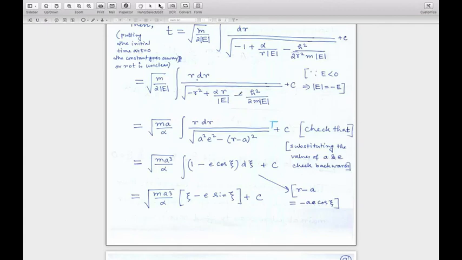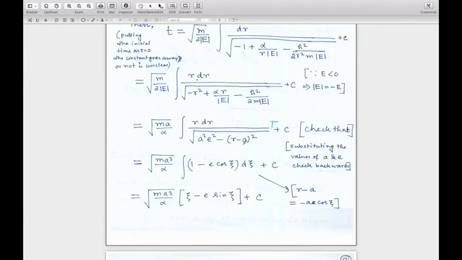You can easily do that. This is not a very big task, just 2-3 lines of algebra, and you will see that this equation gets reduced to root over m a by alpha